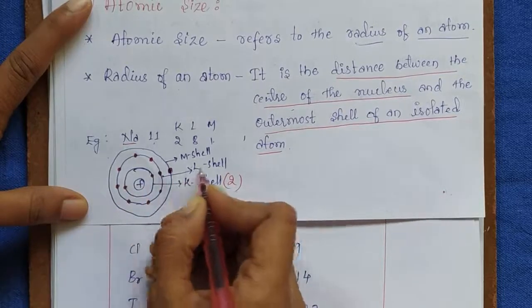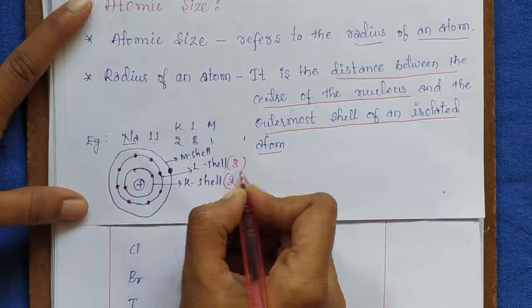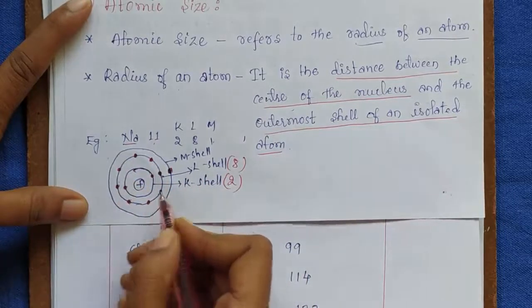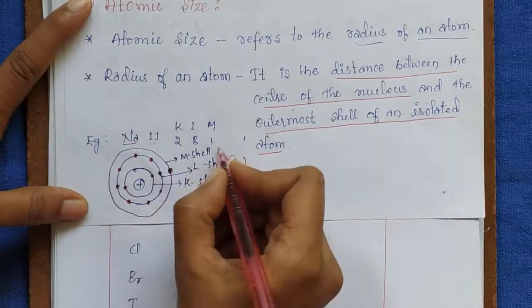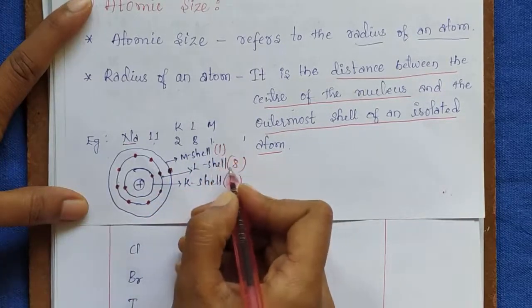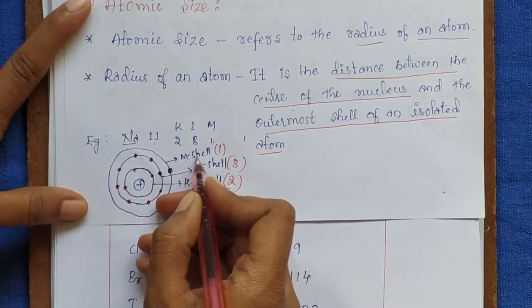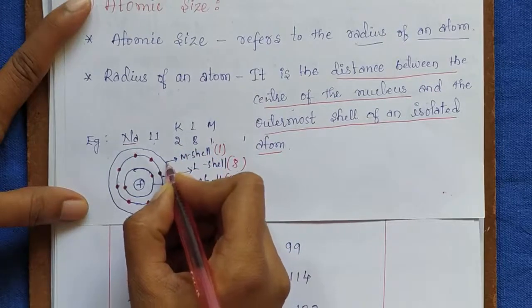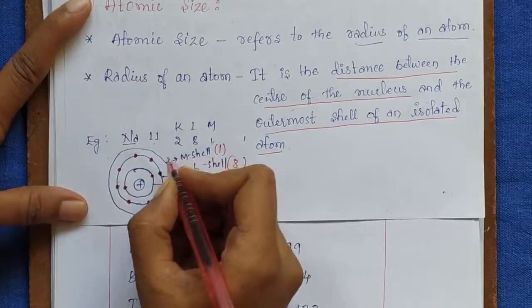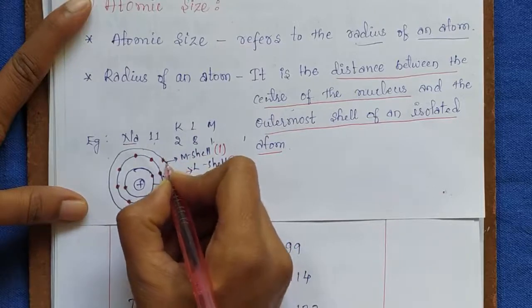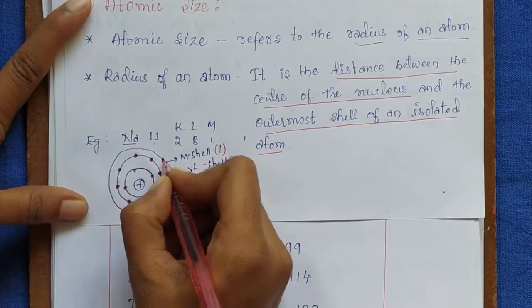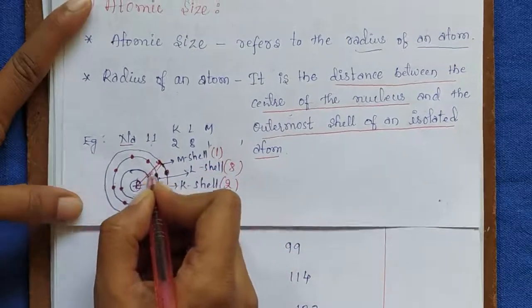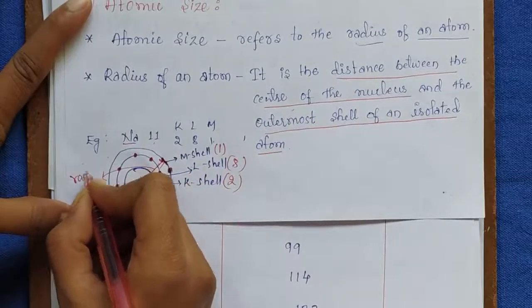This second one is the L shell. In the L shell 8 electrons are there. You can count 1, 2, 3, 4, 5, 6, 7, 8. And the last one is the M shell. In the M shell 1 electron is there. The M shell is the outermost shell. The distance between this M shell and the center of the nucleus